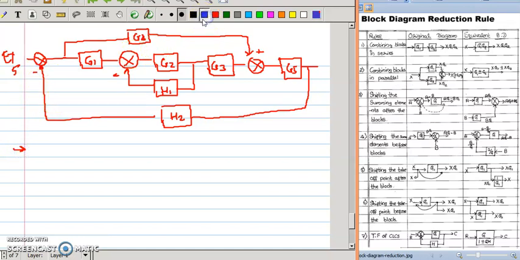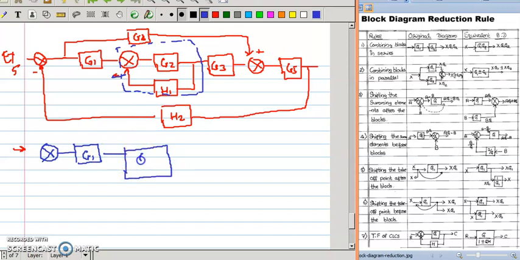First step, what do you think, which one is a better step or simple step? This is negative. Maybe this one is the simpler one, because G2 and H1 both are in parallel. So can we use rule number 7, elimination of feedback? The remaining things are as they are, right? Here we use the elimination of feedback rule, so this becomes G2 divided by 1 plus G2 H1, plus, because this is the minus, right?